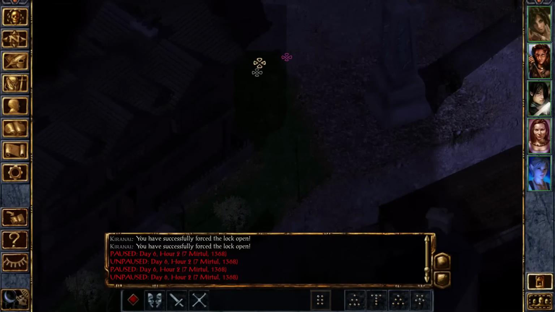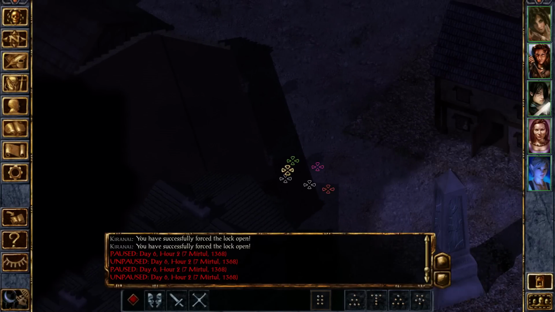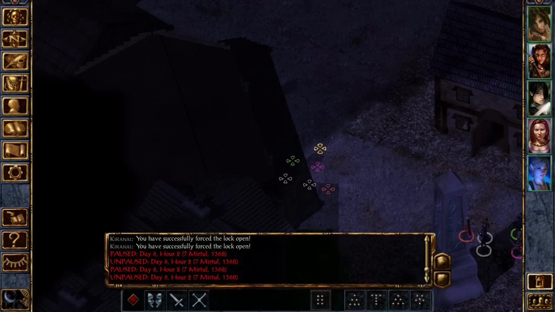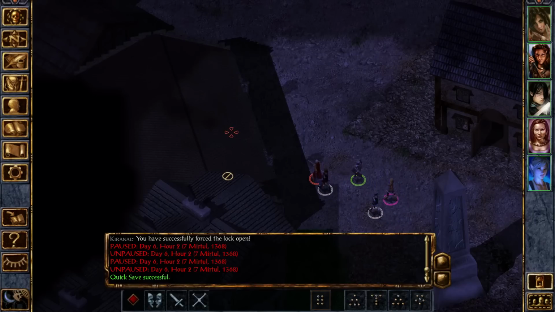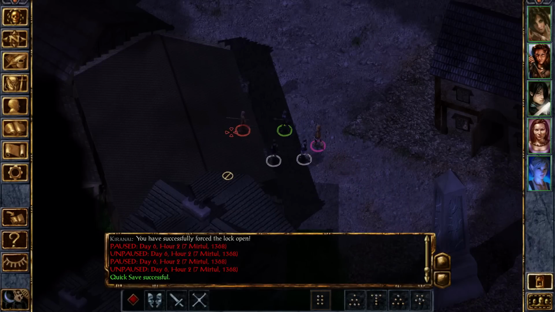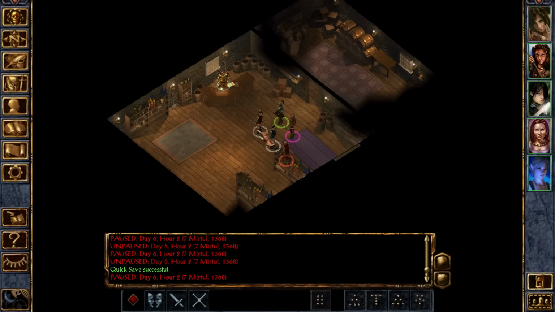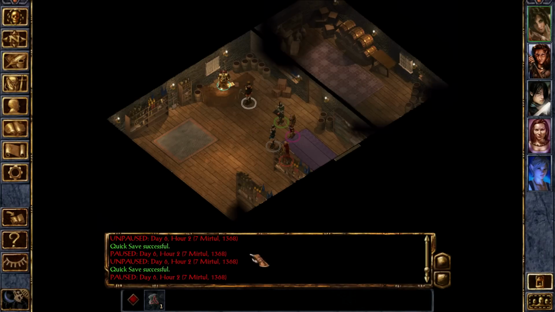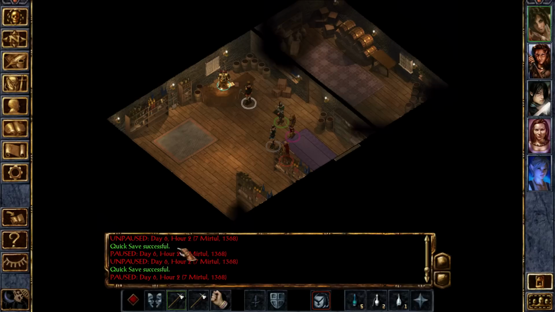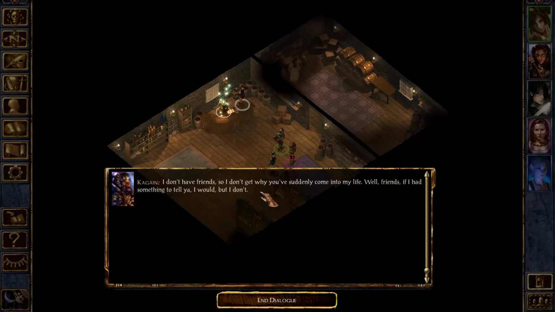Alright, now it's time to meet Kagan. And I wanna showcase a cool thing with Kagan. I've already talked a little bit about different instances where charm is pretty interesting or useful or funny. And this is a pretty good one. I'm just going to quick save so that it works. I just want to use this charm on him. Alright, it succeeded. And now if you talk to him...